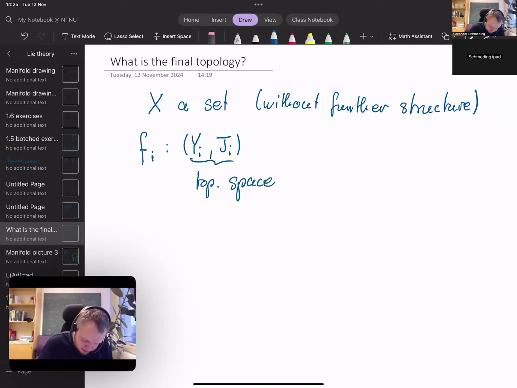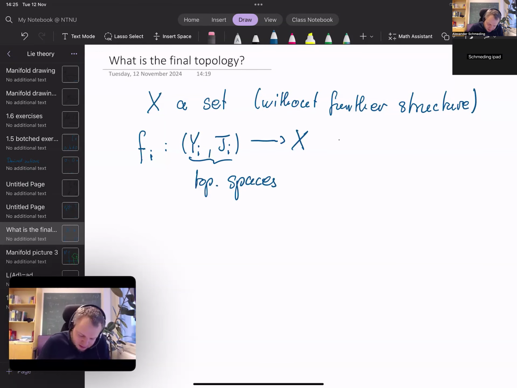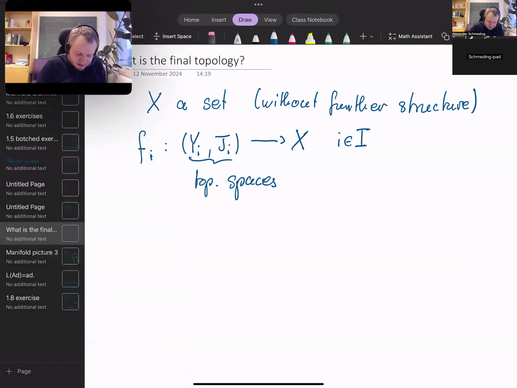And we want these maps to map from Yi into X. And so X doesn't have a topology yet, but the construction will basically provide a topology which somehow depends on these mappings Fi. So i can be from some index set, which doesn't necessarily have to be finite. This is actually irrelevant for the construction, what the index set is,